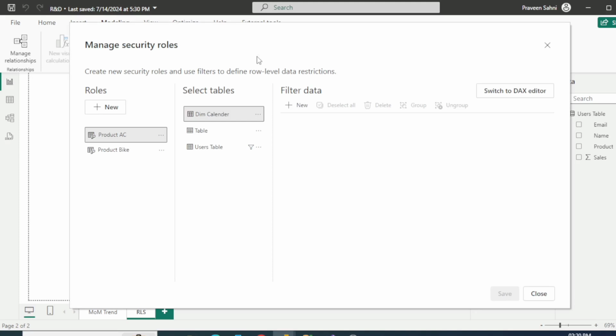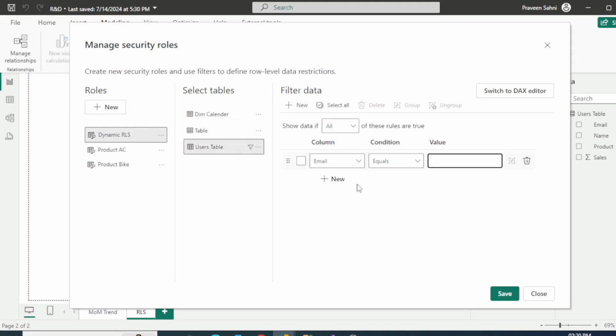Similarly, click over manage roles, and here click on new, and I am naming it dynamic RLS, right? Now this will apply again on the users table. Click over the new, and now we will create this based on the column email, because it will identify the email address and their respective product which we want to give access. Whenever a user logs in through their email, it will read data accordingly, right? So here is a very powerful